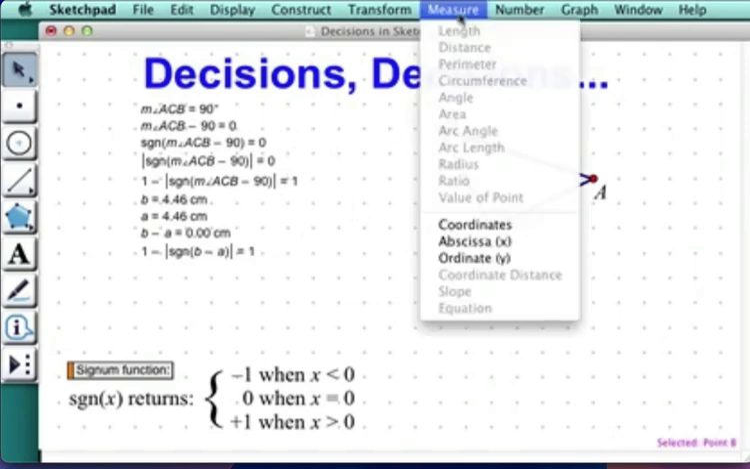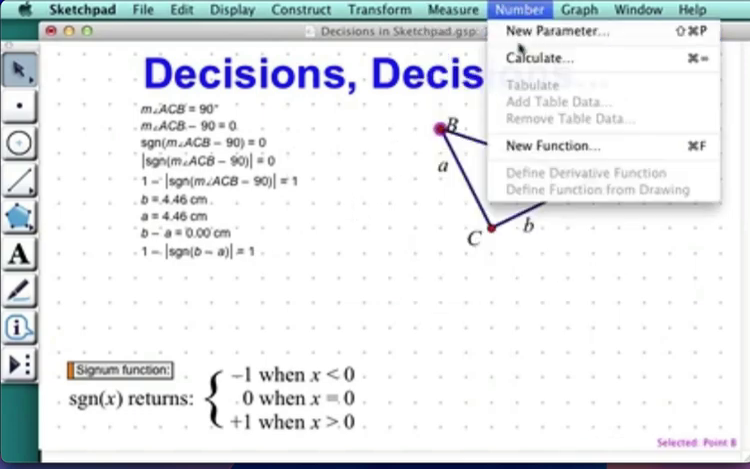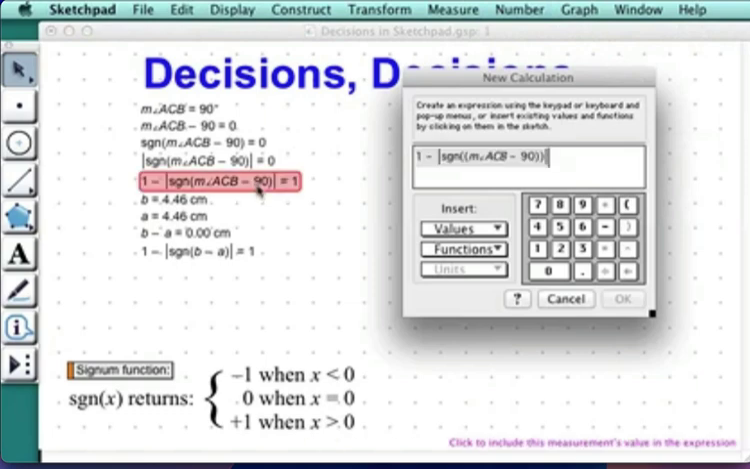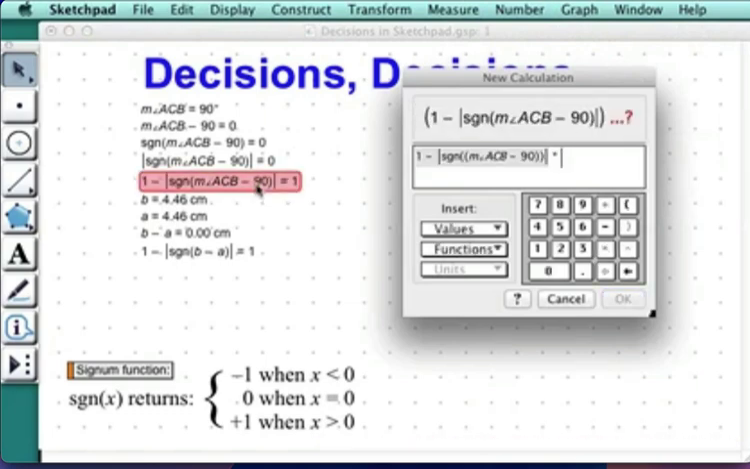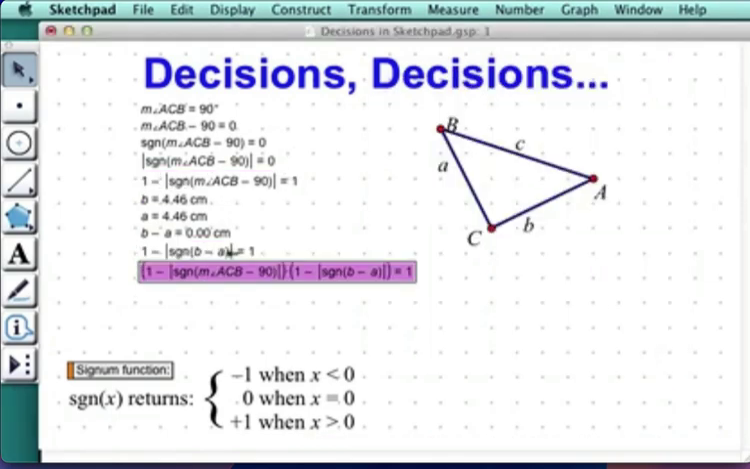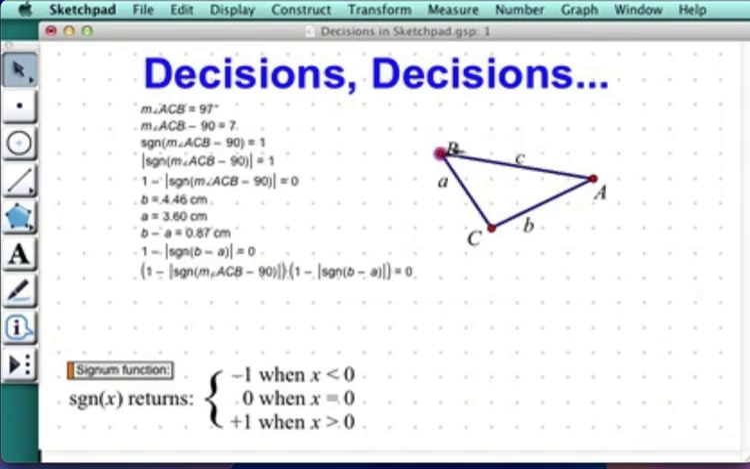So let's go ahead and do that calculation. Calculate this Boolean result times this Boolean result. And indeed, we get a Boolean result of 1, which says that we do have an isosceles right triangle. If either of these two pieces is false,